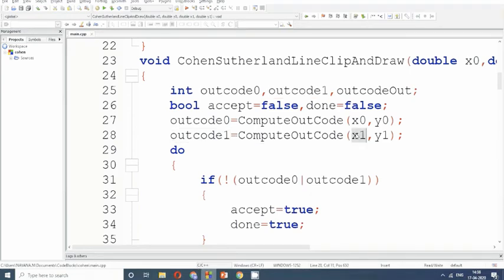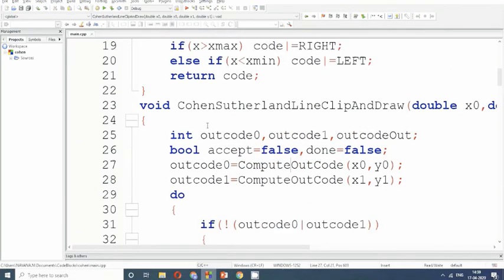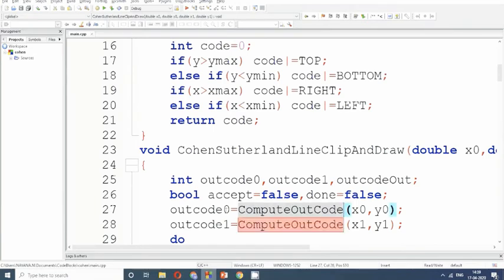Similarly, outcode 1 will store the outcode of x1 and y1. So we will see how compute outcode will compute the outcode, and then we will come back to continue here.